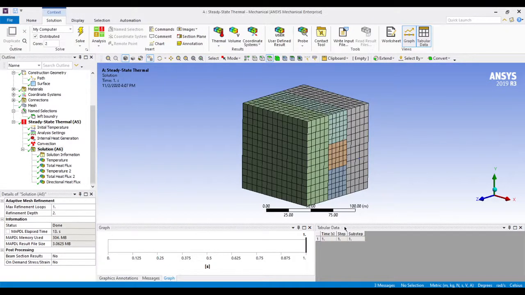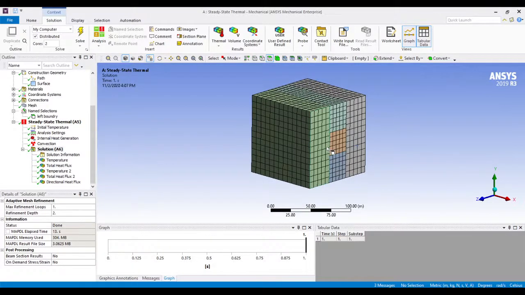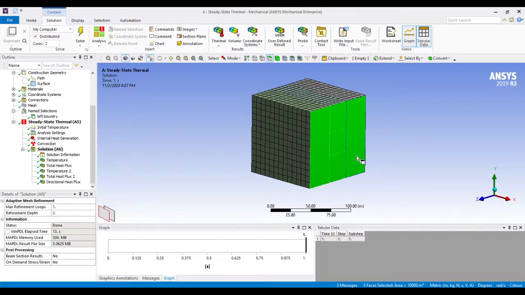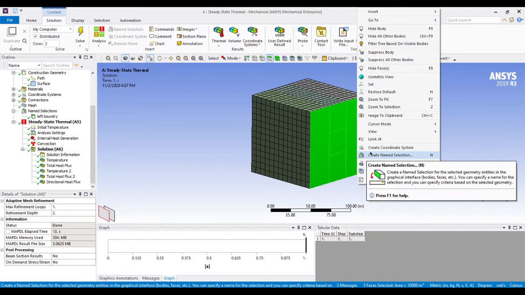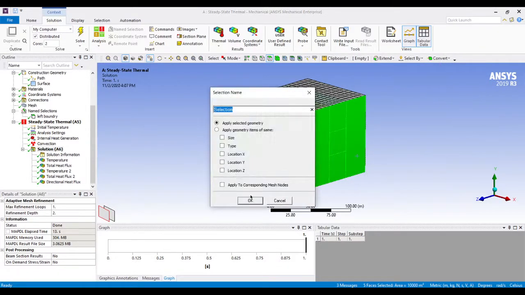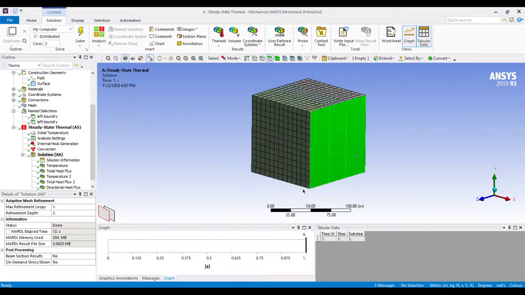Now we'll try to understand how to use name selection to show the results according to a particular name selection. So we can select these faces of the right boundary or left boundary, right click over here and select create name selection, and put the selection name as left boundary, and then click OK.